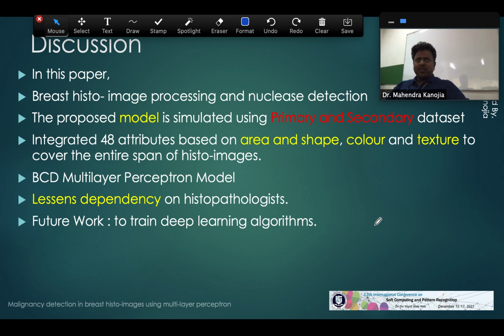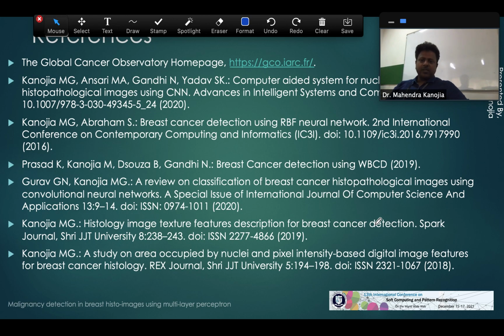All this research is aimed at depending less on the histopathologist, or aiding a histopathologist to identify cancer. Obviously in the future we are working with deep learning, so we plan to come up with a better deep learning algorithm for the same breast cancer detection. These are some papers written by us earlier, which we have also referred to in our research journal. So these are a few samples of our references.